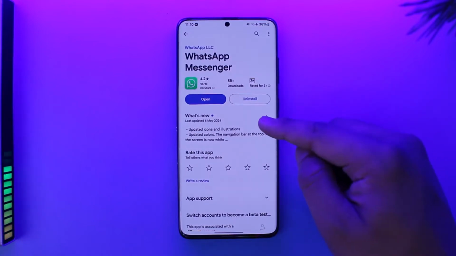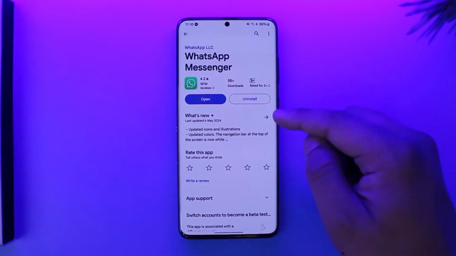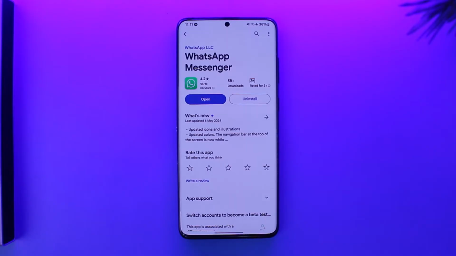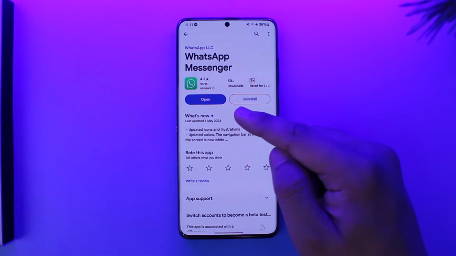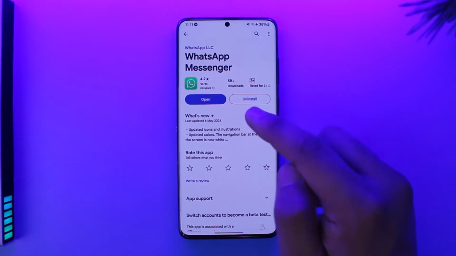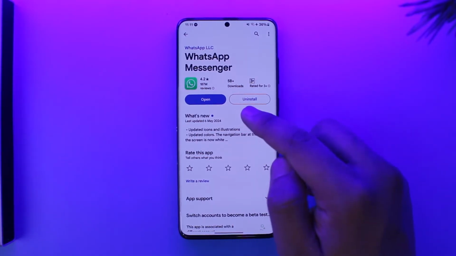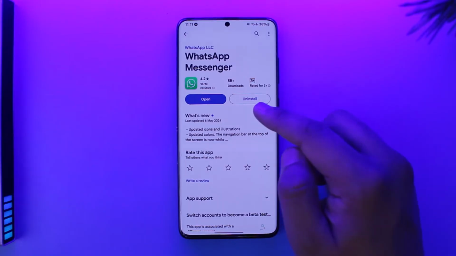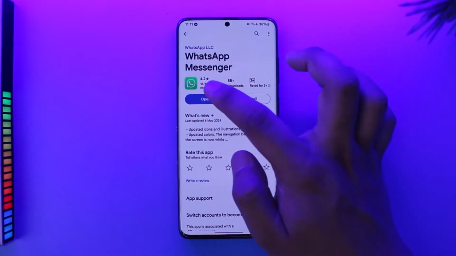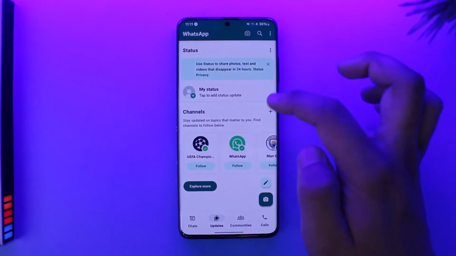this time just make sure you're using the latest version of WhatsApp. Once you make sure that you're using the latest version of WhatsApp, there's really no need for you to worry, because now WhatsApp will officially allow you to upload videos up to 60 seconds long. So not only 45 seconds, but now if you go to updates and just try to